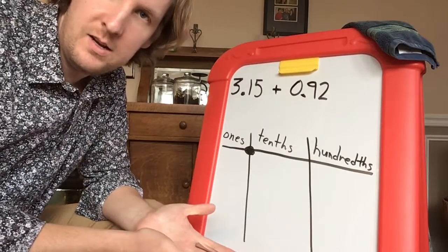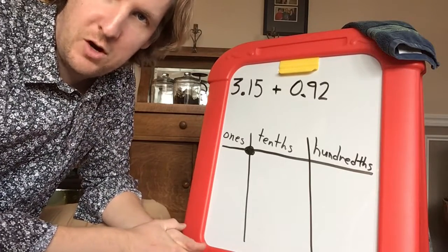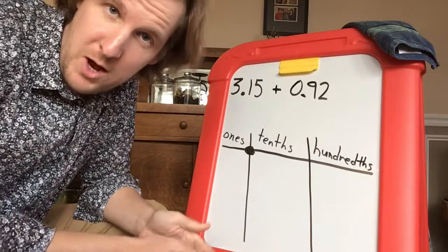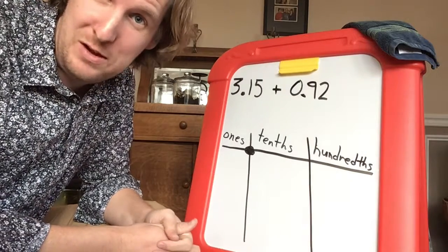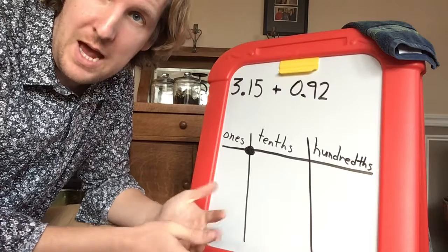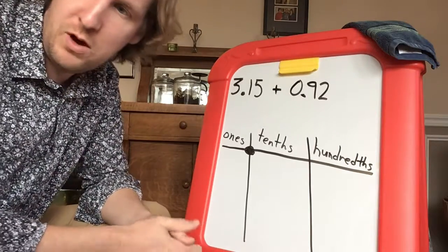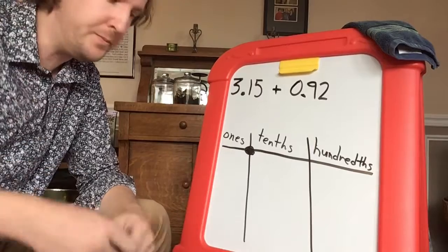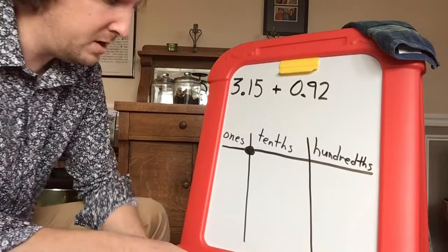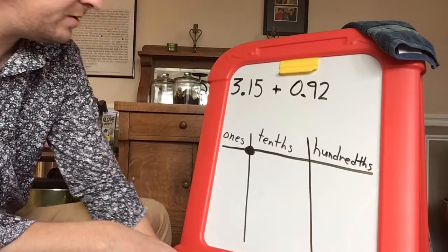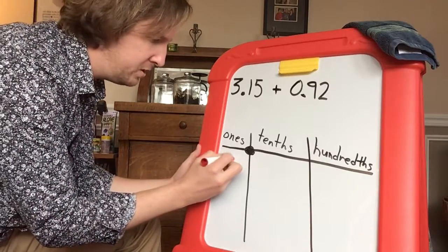I like doing these place value charts with adding and subtracting decimals so much that I wanted to do another lesson with you about it. Here we have 3 and 1 tenth and 5 hundredths plus 92 hundredths. So I'm going to start by showing the 3 and 1 tenth and 5 hundredths. I've got 3 wholes,